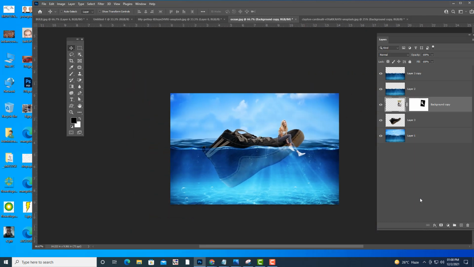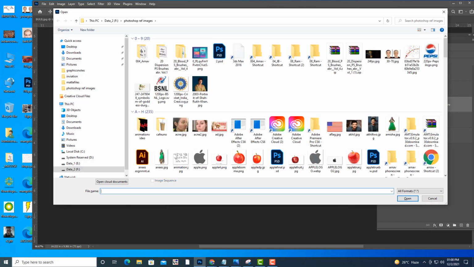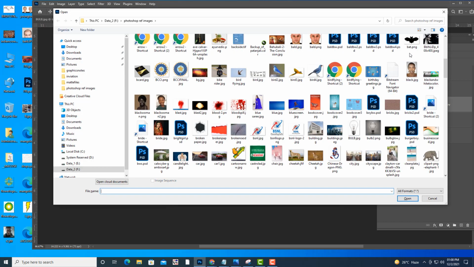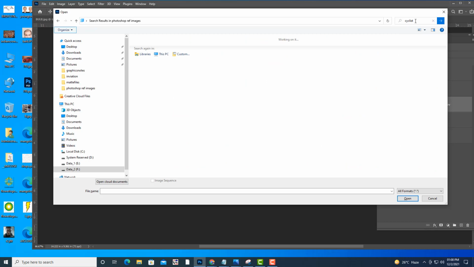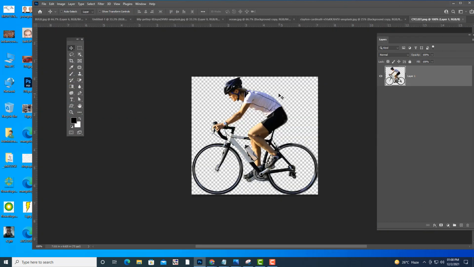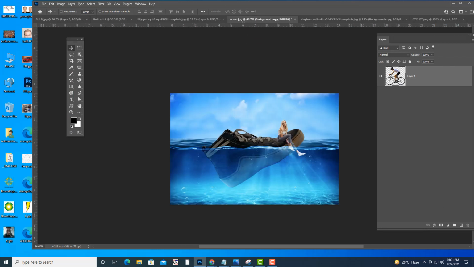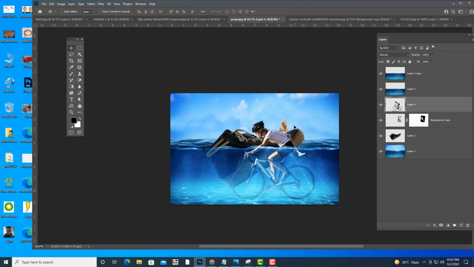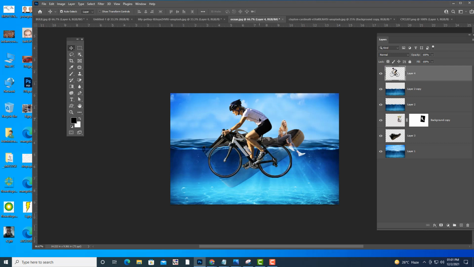Then we'll do one thing. We have this option, image. Oh sorry, here somebody is on a cycle. So I'm going to drag it here, and let me make it small.